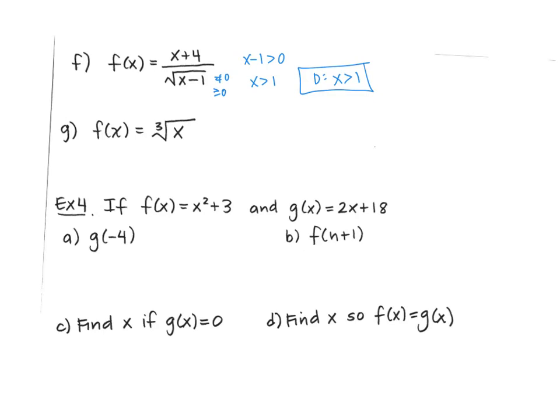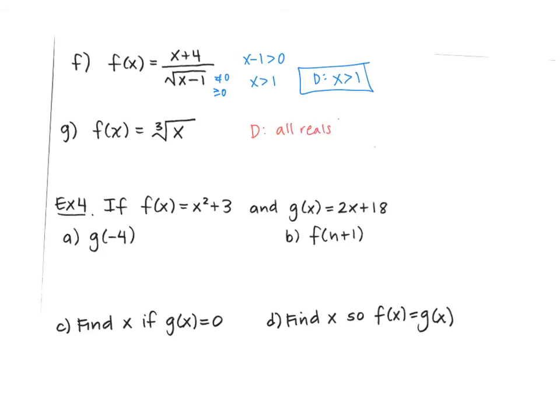Okay, the last domain is a cubic function. Now, the cubic function doesn't really have a restriction. If I do the cube root of 8, I get 2. If I do the cube root of -8, I get -2. If I do the cube root of 0, I get 0. So all of these values are legitimate, so I can actually plug any number into a cubic function,